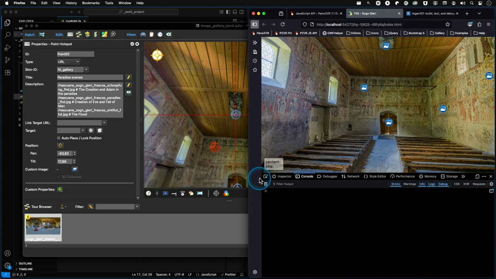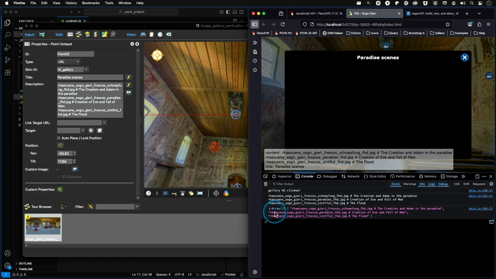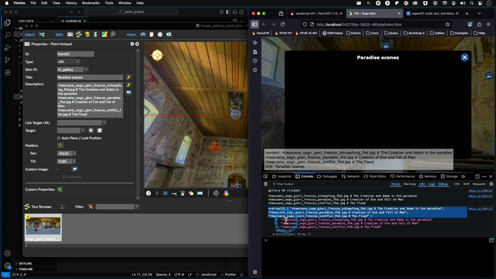Converting our string from the hotspot description to an array of separate images for our gallery, we had done our first strip. So we have a string, now we have an array, and inside of this array we have one line describing one image including the caption. What we need next is to take this one step further to convert this string,